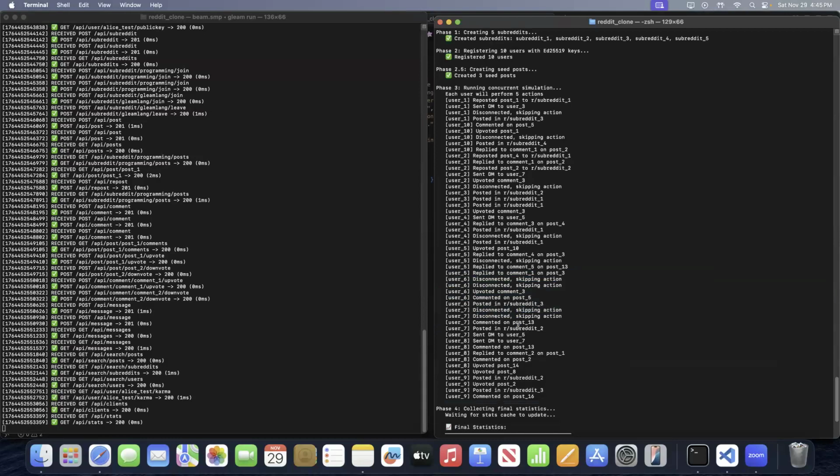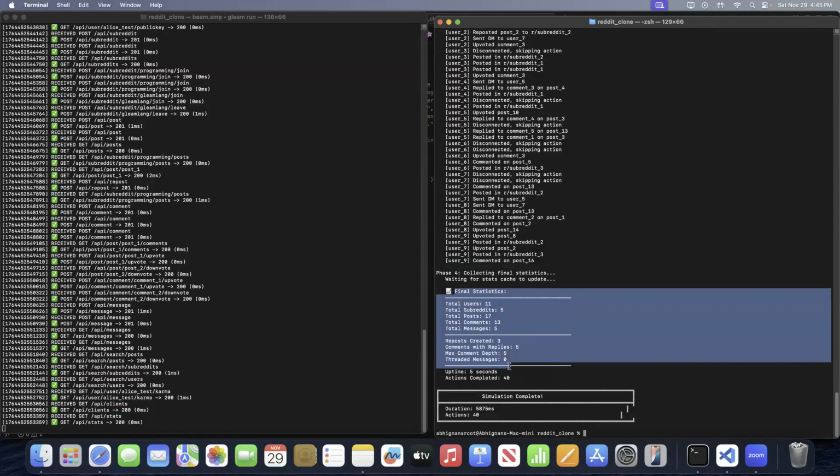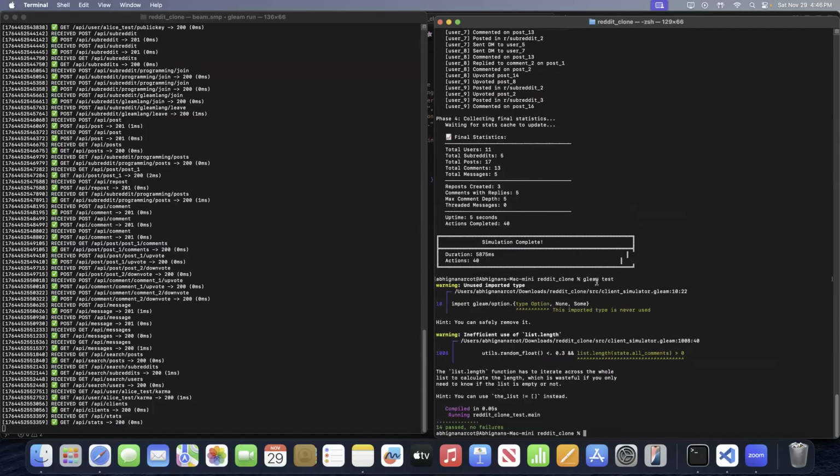We can see the stats here. It shows that there are a total of 11 users, 14 posts, 14 comments, reposts are created, 44 total actions, all via REST API. To conclude this, registration, login, subreddits, posts, and other actions are implemented all via REST API, proven by